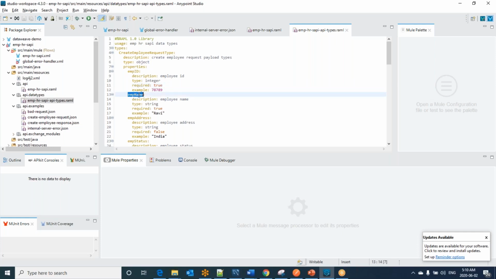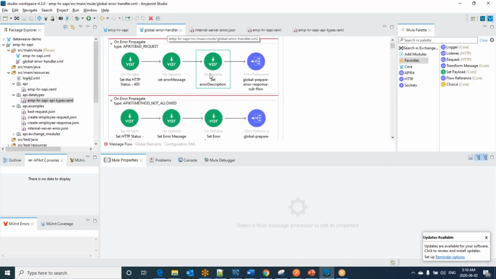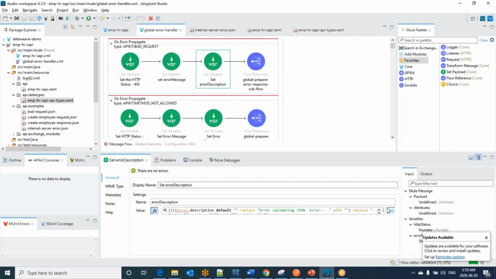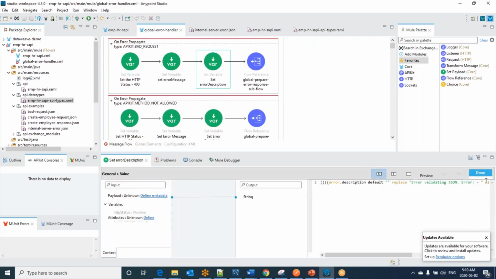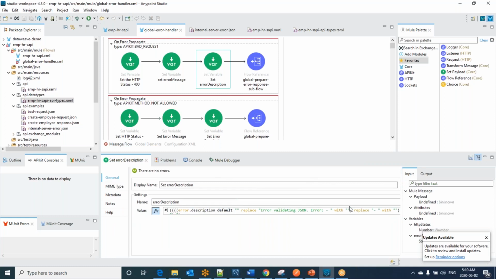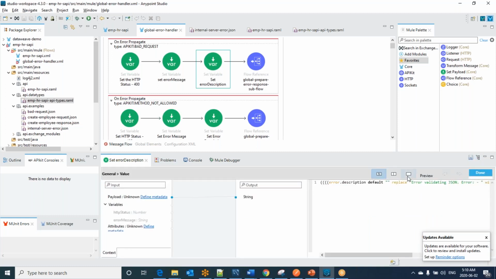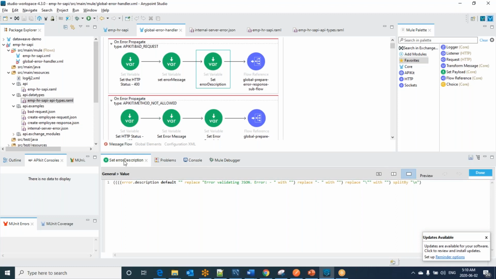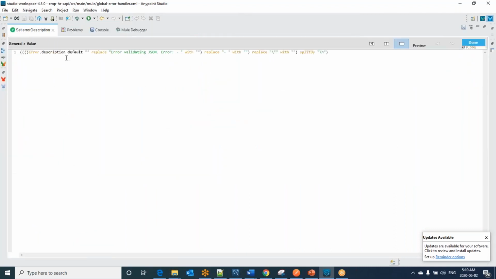In a similar way, EMP name is a required field. So during this time, if I'm not getting any one of the fields or both fields, this bad request should be able to handle it. So here I have written logic which can automatically identify the error dynamically. Let me show you that. The error description is going to contain what all the fields are missing.